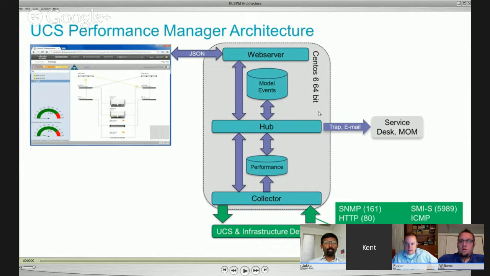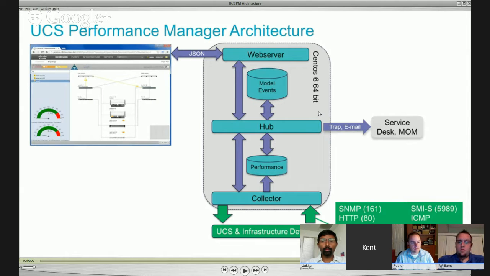Typically, it runs on CentOS 6 64-bit that comes in the package that's installed there, in various sizes that produce various scales. The maximum scale, by the way, for UCS Performance Manager in this version 1 is 5 fully populated domains and the integrated infrastructure devices that are supporting that. Inside of that single VM,